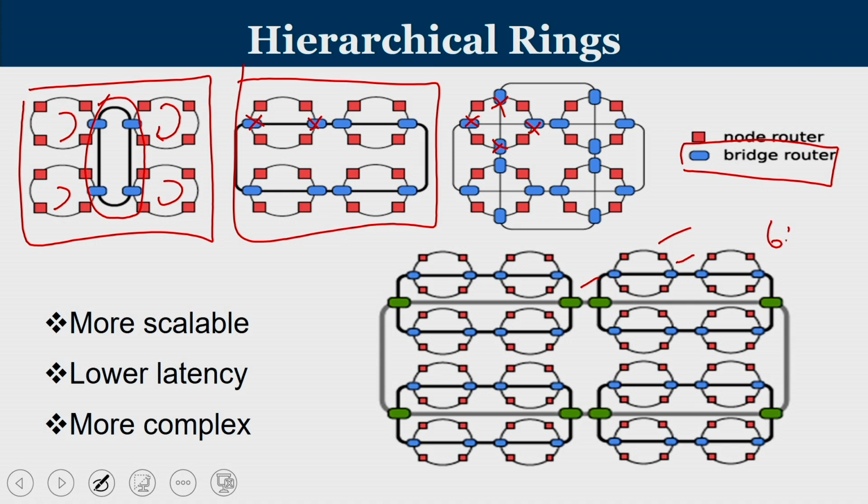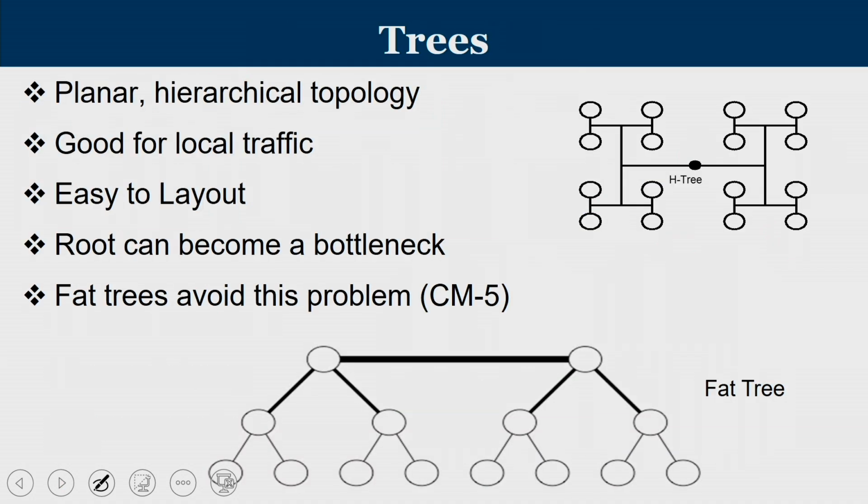So, this is basically your 64 core tile, where I have 64 routers. Each of them is part of 3 hierarchical level rings. Level 1 ring consists of the red ones, level 2 rings consist of the blue ones, and level 3 ring consists of the green one. Depending on source and destination, sometimes we travel only through the level 1 ring, sometimes we may take level 1 as well as level 2, and sometimes we may have to take all 3 levels in order to send the packet. We have even tree topologies as well, with the planar hierarchical topology, easy layout.